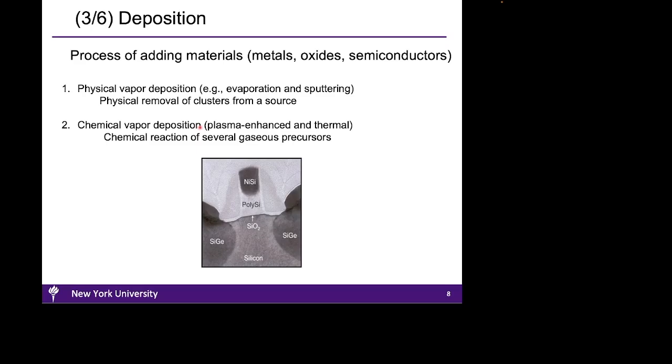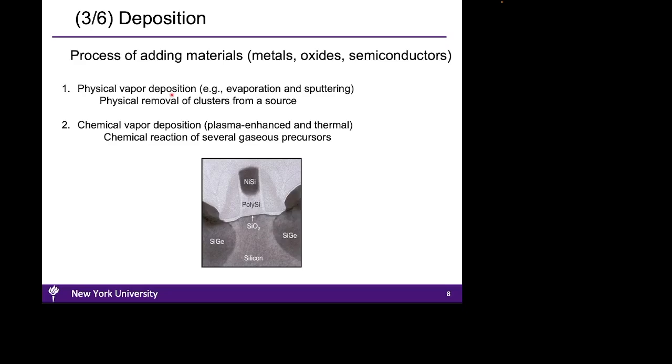Fabrication of transistors and microchips also requires addition of new materials. For example, SiO2, polysilicon, nickel silicide, and silicon germanium. The process by which new materials are added during the fabrication process is called deposition. The deposition process can be classified into two general categories: physical vapor deposition, or PVD, through